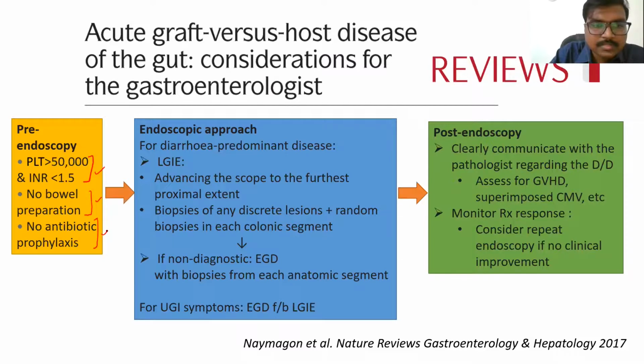And endoscopic approach for diarrhea predominant disease, we can first do a lower GI alone. We do a colonoscopy alone. We advance the scope to the furthest proximal extent, and we take biopsies of any discrete lesions that we find and random biopsies from normal mucosa from each segment, multiple biopsies. And if this is non-diagnostic, then we call back the patient and do an upper GI endoscopy with the biopsies